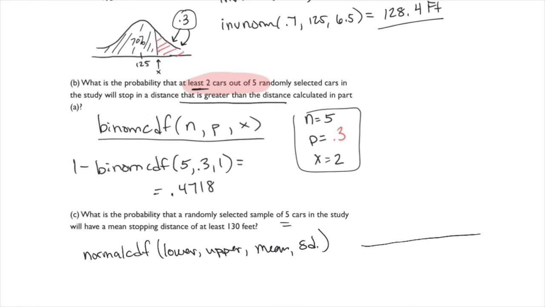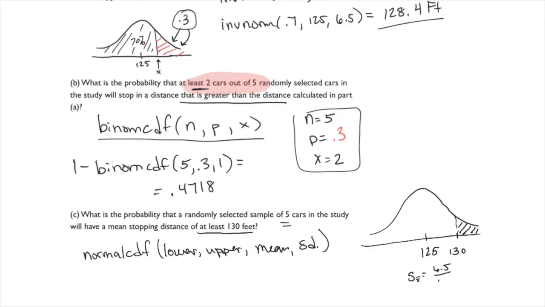I'm going to go ahead and draw a curve too. All right, my center's still going to be at 125 feet. Somewhere up here is 130. And what I'd like to know is if it's at least 130 feet, right? So that's all this. My standard deviation, now be careful, this is a sampling distribution, because now not just 1 car, I have 5 cars. And so I'm going to have to make sure that I take that into consideration and calculate my new standard deviation, right? Last time it was 6.5